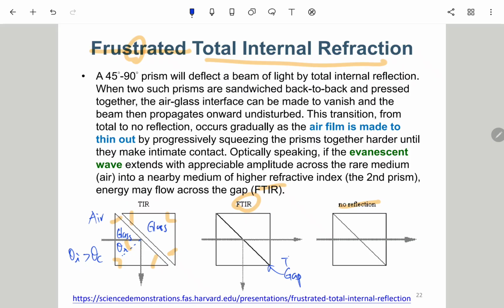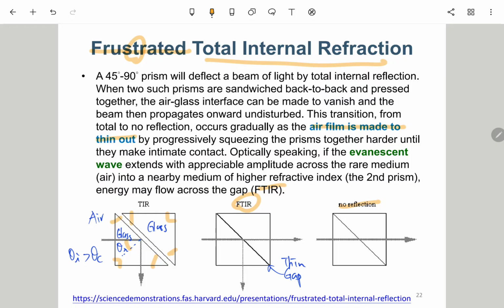gap, very thin gap. How thin? I'm not really sure. It depends. But the idea here is we try to leave an air film. The air film is made to be thin by progressively squeezing the films together harder until they make intimate contact. 就是他们刚好没接触到，但是有一个很窄的缝在中间。